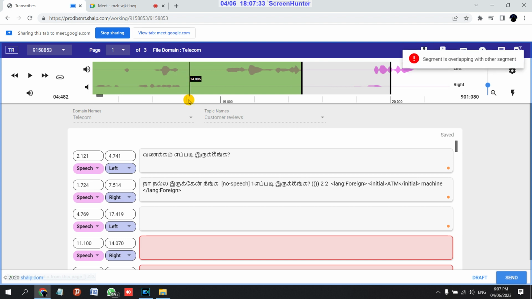Whenever you drag, click over here in the segment, and at the end you will see a four-square cursor. Then you can drag to the timing you want, back to the back. Then you will find the segment will not overlap. Now suppose you don't want to drag, then what you can do is, Ajay, can you click in the